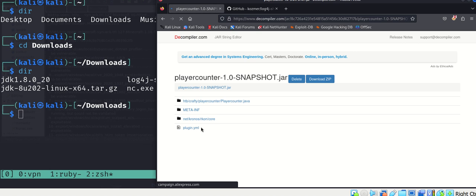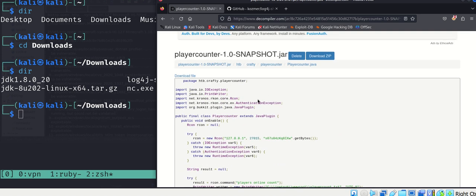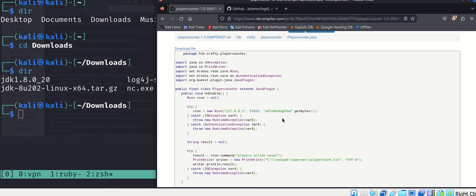So it's uploaded. And up in the top here, it says counter Java. Click on that, and it shows you the code. So this is online, so you can do it online. You don't have to download anything. And as you can see here,